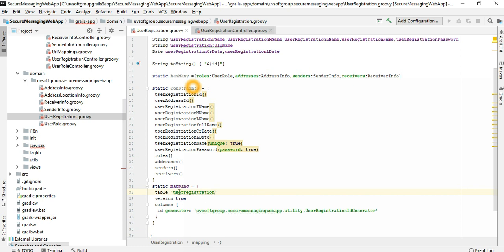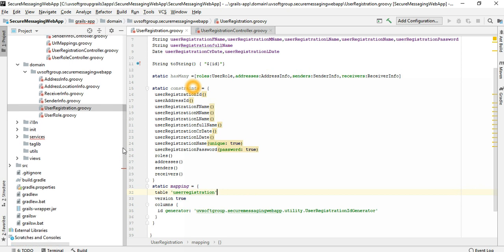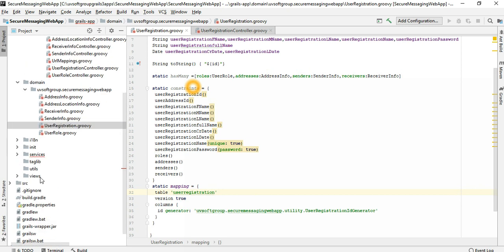Then we can just copy it. This is the table name you already defined in the backend server, and the version name, and you define your database, the generator ID. So let's see where is our generations, the definition of the